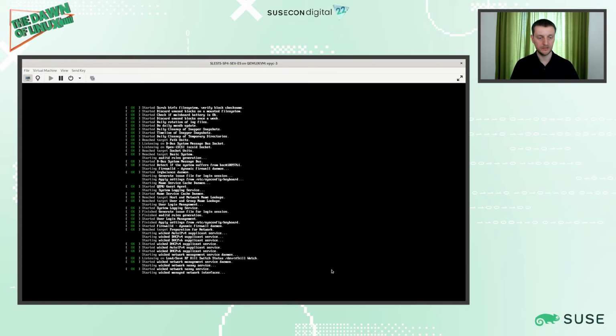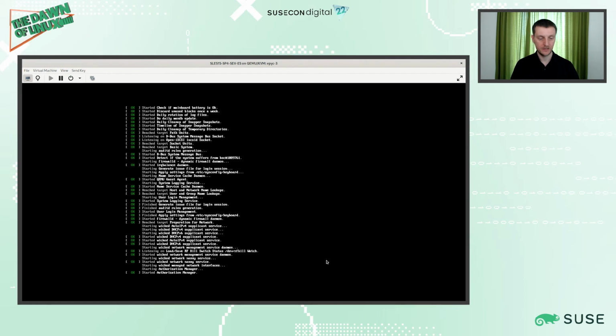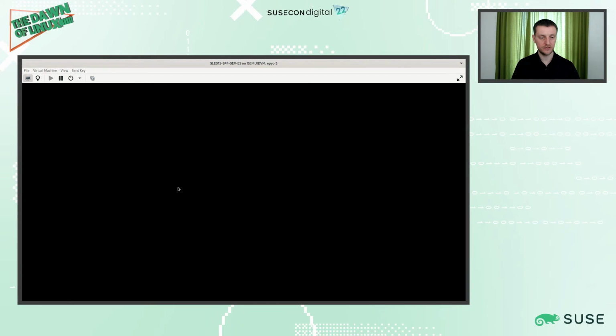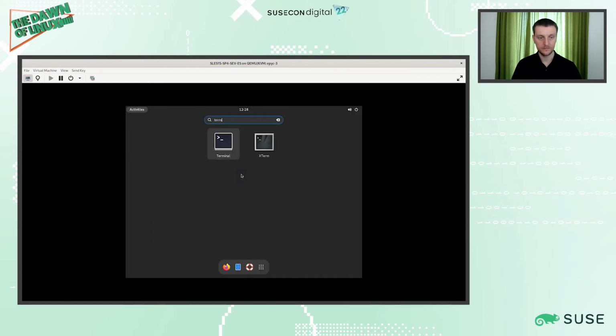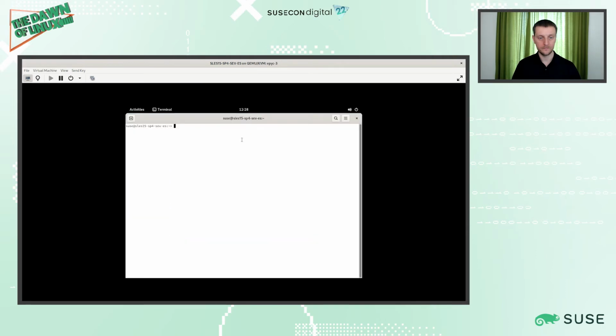It's booting up. And shortly, the graphical interface should launch. Here it is. We are now in our SEV-ES virtual machine.